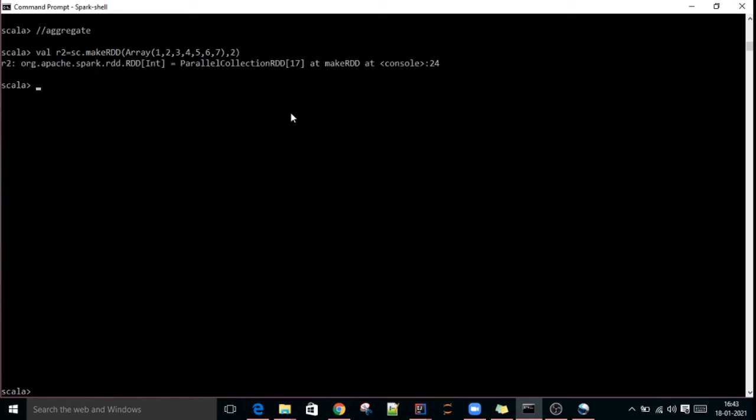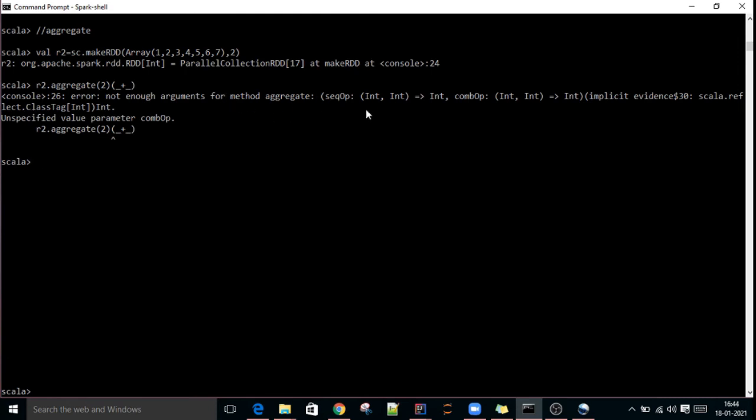Now R2 dot aggregate of 2, and I'm doing addition, right? If you try to execute this now, similar to fold, it will throw an error.